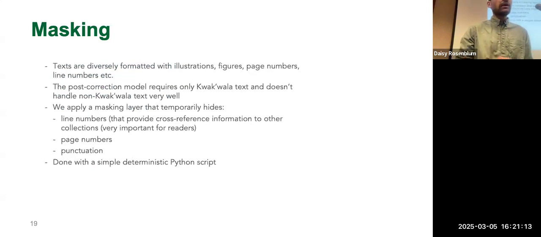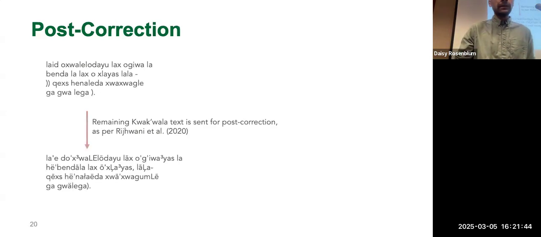So for extraneous items on the page that we want to preserve that aren't necessarily language, we also use a simple Python script to identify them, mask them, and store their indices so we can reconstruct the page in the layout that it was, the line numbers next to the specific Kwakwala sentence where they were initially placed on the PDF. And it's the same with images and illustrations and so on. So we do this with a very simple script. So this handles the non-language parts. The lang ID handles identifying the English and the Kwakwala and trying to separate them cleanly.